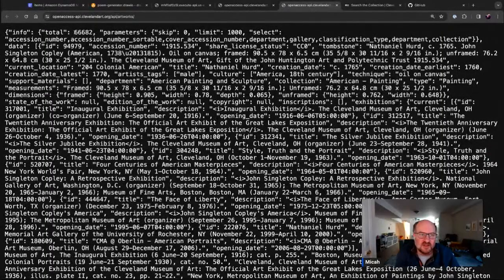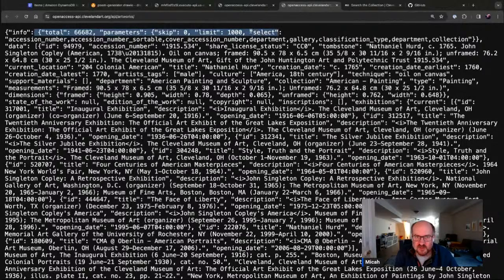All right. So it tells you the total number of objects in the collection at the moment, and then there's a limit. So in order to not crash a server somewhere, there's an upper limit, I think, of 1,000 objects at once. And there's a skip parameter. The skip parameter lets you skip over; it's basically a pagination mechanism. So you can skip over, say, the first 1,000 objects and get the next 1,000 objects. Right. So we could use this